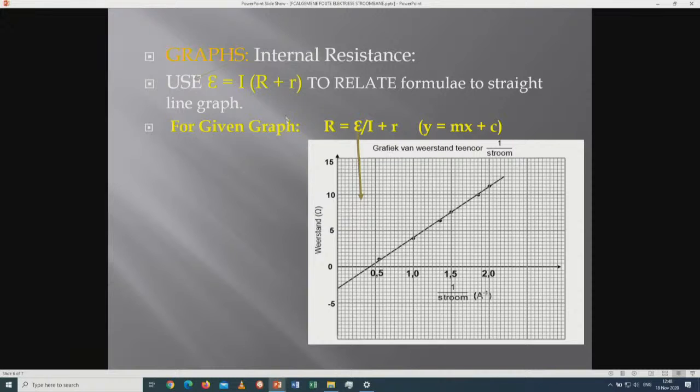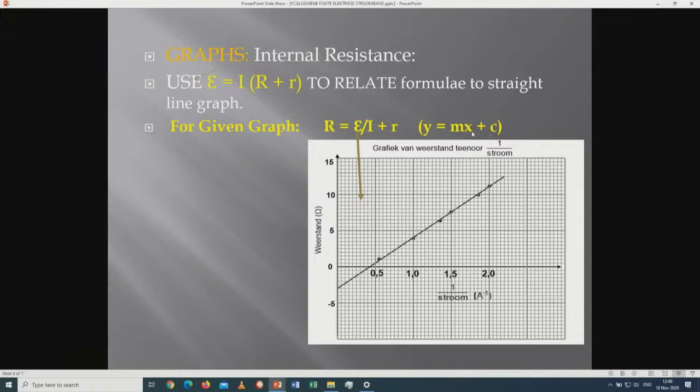So now you must rewrite this formula for internal resistance. You must rewrite it for this graph, and it is a straight line, so it must relate to this formula